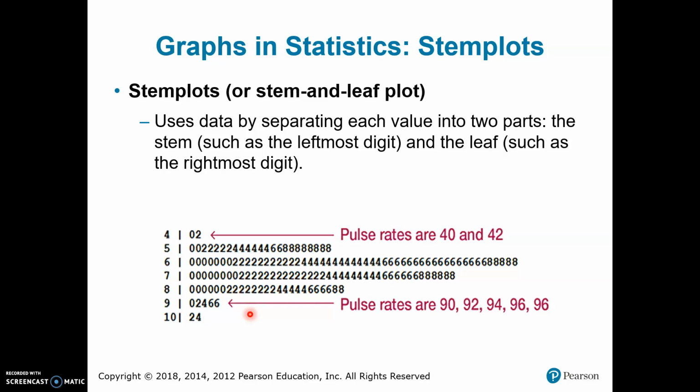So you can go backward and say if I have like 40s, 90s, then I can simply write the stem plot easily. Just take 4 and 9, put a bar here. So 40 will go 0, 42 will go 2, right? So you can go backward easily. That's the whole point.